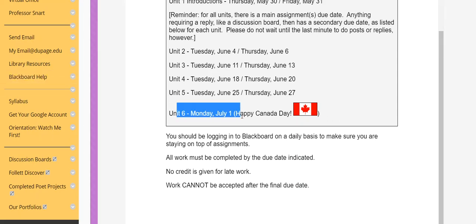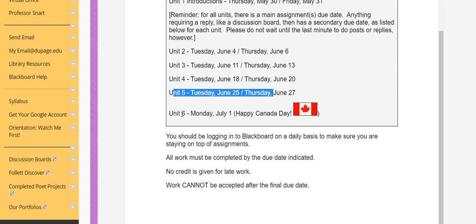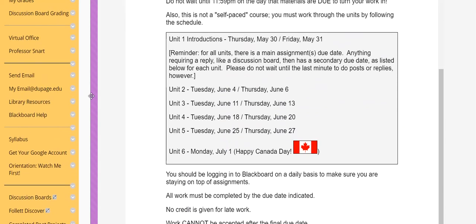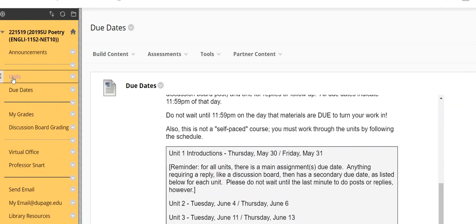And then honestly, we just have our last unit to finish up, and that brings us right to the very end of the term. Somewhat awkwardly, the first 5-week ends on that Monday, July 1st, just because of the way the calendar falls. But certainly once we're wrapped up here and we've walked through a little bit of Unit 6, you can be finishing the course a little bit early. So it's not like you have to wait until, obviously, that very last date to be turning things in. Okay, so let's jump into